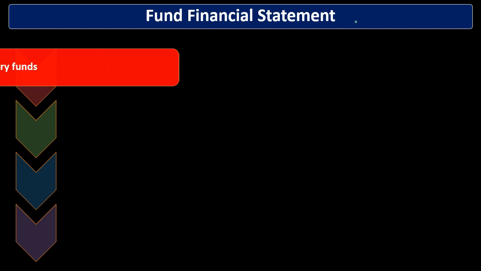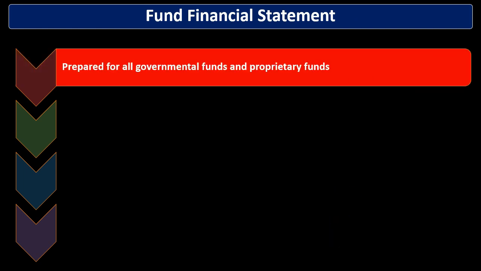Fund financial statements, so we're thinking about the fund side of things. When we think about the financial statements, we often think about the two sides. We've got the government-wide financial statements, then breaking that information into the funds. So the fund financial statements are prepared for all governmental funds and proprietary funds. When we think about the category of funds, we have the governmental funds, the largest group of funds, those being on the modified accrual basis. Proprietary funds are going to be those types of funds that are similar to for-profit in some ways, and therefore we use an accrual basis in those types of funds.